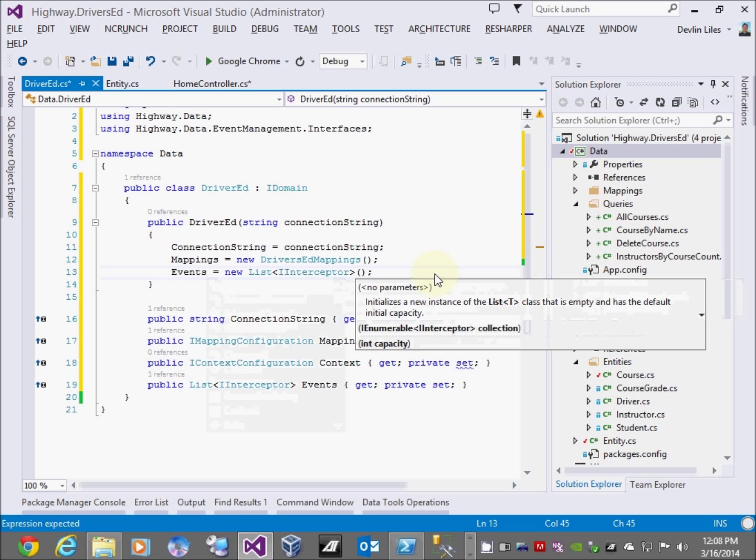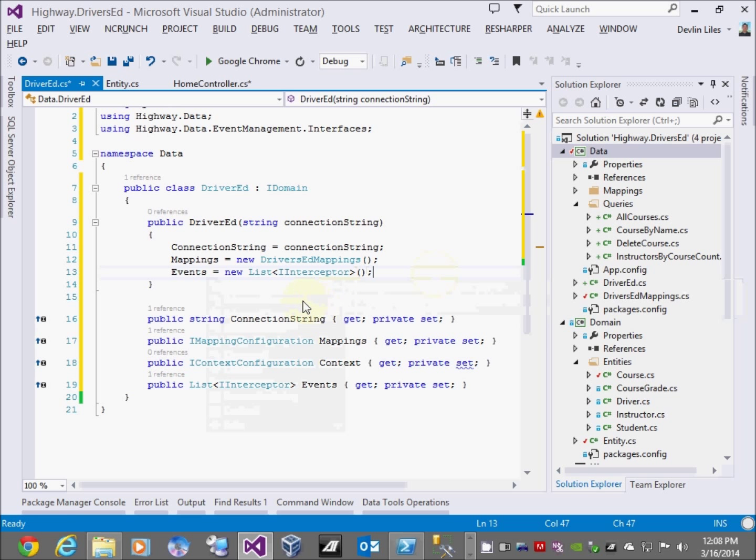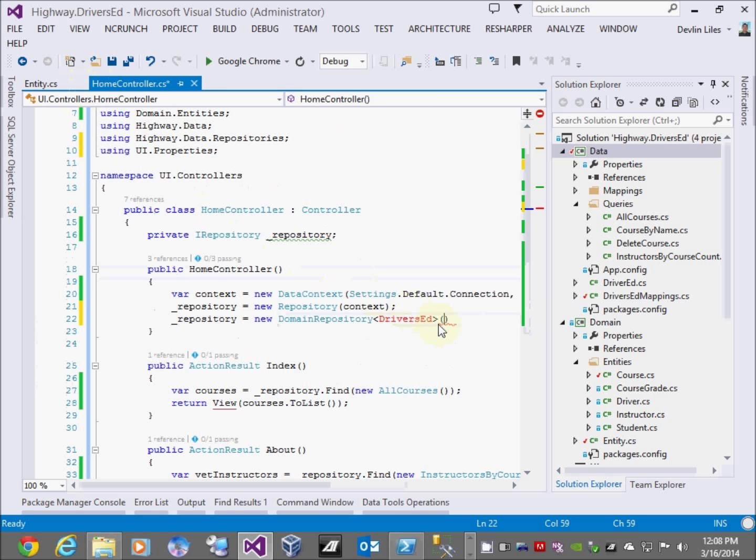But in this case, we're just going to create a list of IInterceptor. It's empty, basically meaning we have no events that we need. Now this defines the driver's ed domain. These are the only things that we can talk to. If this was a larger application, what we would then be able to do is come in and say, I want a new domain data context